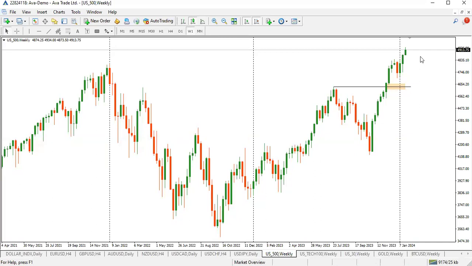Now we cannot fight the markets. So if the market wants to create higher highs, we just keep trading in line with the market until this low is violated. If it breaks below this low, then we'll resume our bearish movement. But for now, since higher highs have been taken out and lows are expected, I want to see higher movement until the market decides to reverse on its own.